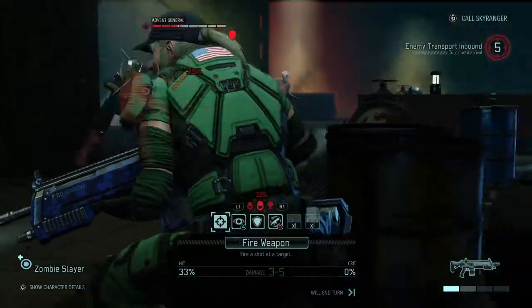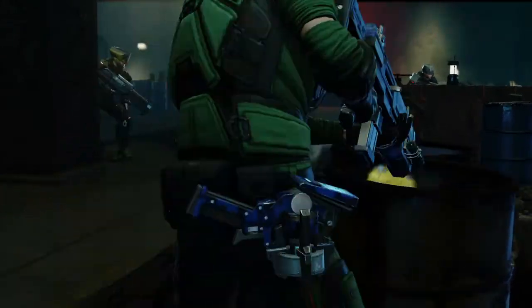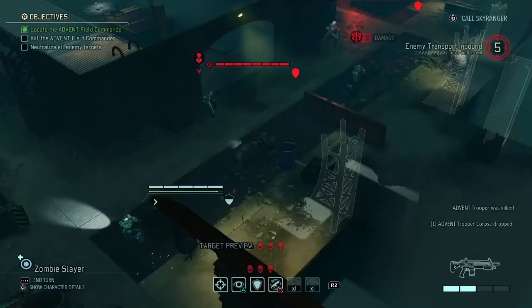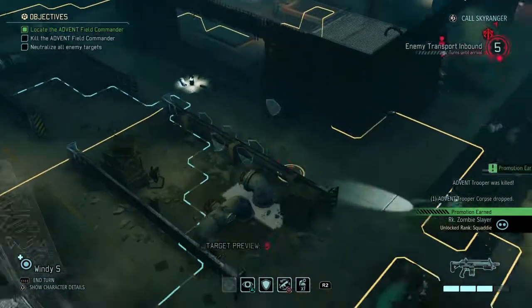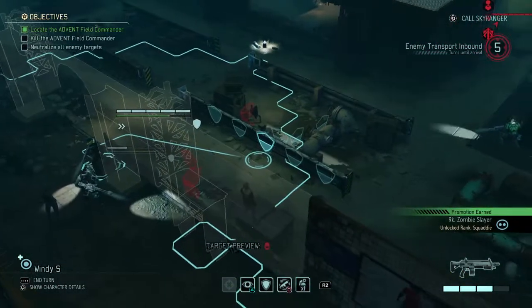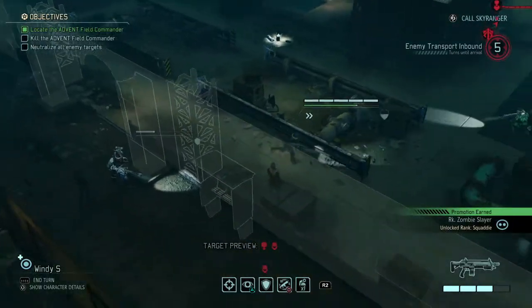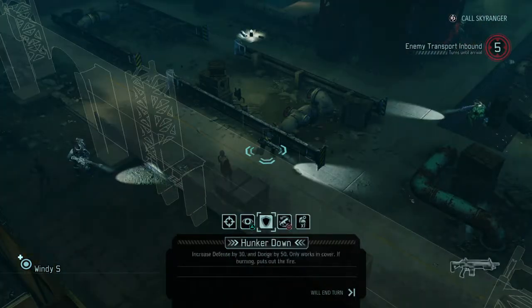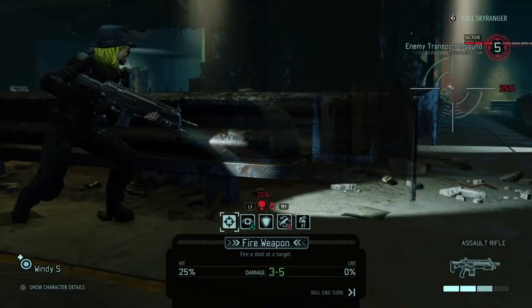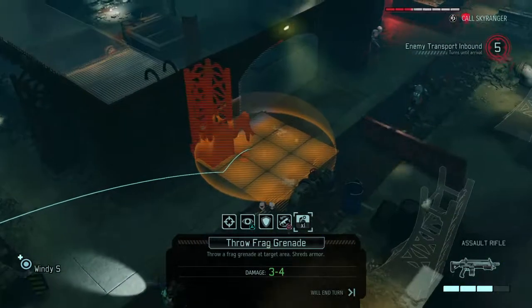Alright, so we've got terrible percentage to make any of these shots. So let's go ahead and take this one. Nice. Target eliminated. So at least that's one shot less that can be taken on us. Let's see, can we get Windy close enough she can throw a grenade? Maybe? Actually, let's see her shots first. Only 25? Okay, yeah. We need to throw the grenade. I kind of thought that might be the case, but